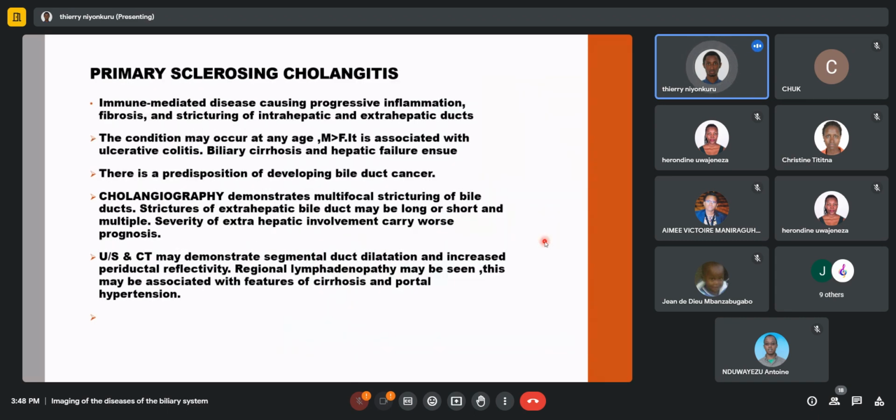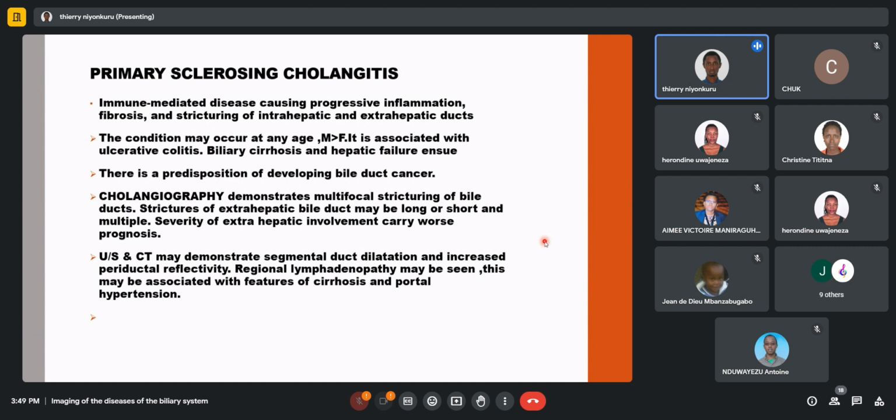There is some inflammatory process where you have primary sclerosing cholangitis, which is an immune-mediated disease causing progressive inflammation, fibrosis, and stricturing of intrahepatic and extrahepatic ducts. This condition is predominant in males, and it is associated with ulcerative colitis, and it can progress to biliary cirrhosis and hepatic failure. They say that it is predisposing to bile duct cancer, and cholangiography demonstrates multiple strictures